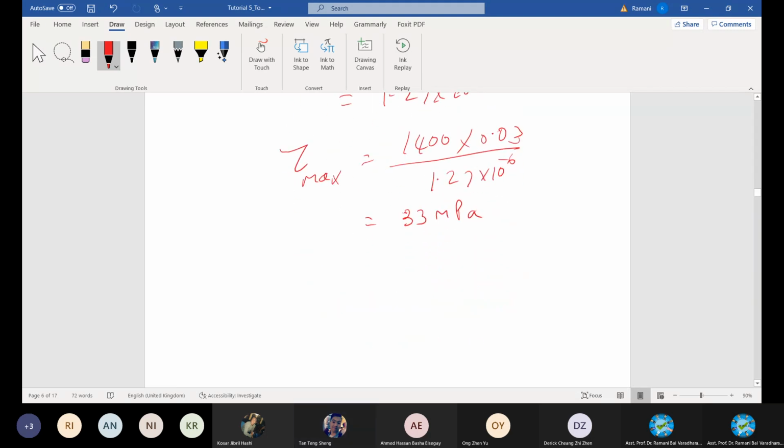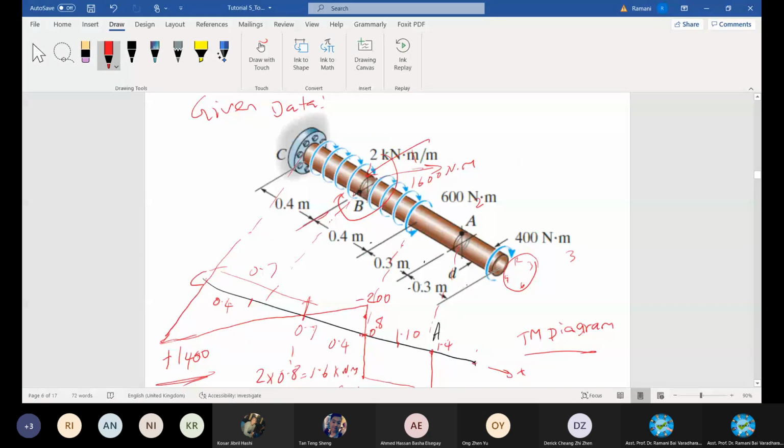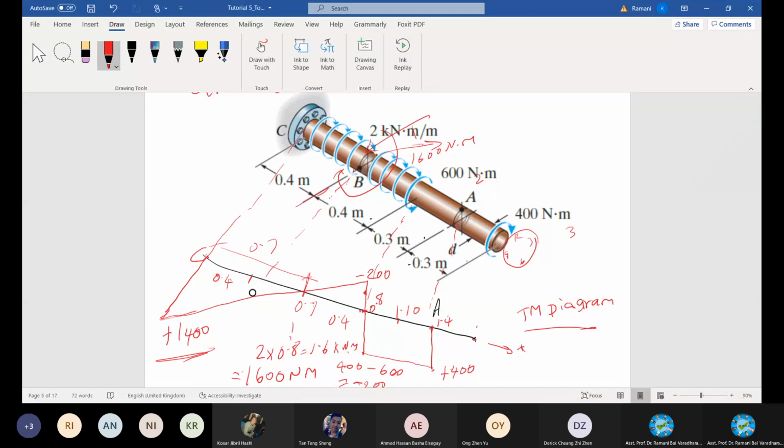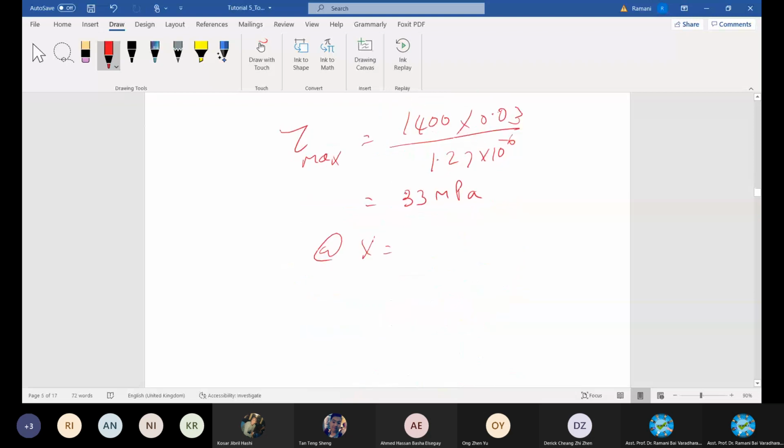Yes. Good. At what point does it occur? X equal to what point? Distance from the support. Maximum value. Here itself, right? At this point from the diagram, at x equal to 0 itself, isn't it? Because by maximum moment, shear stress produces also maximum shear stress immediately after the support, at x equal to 0.